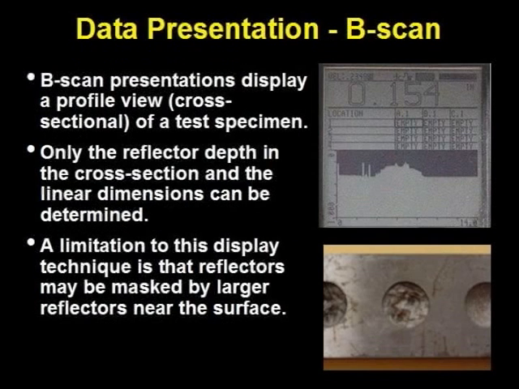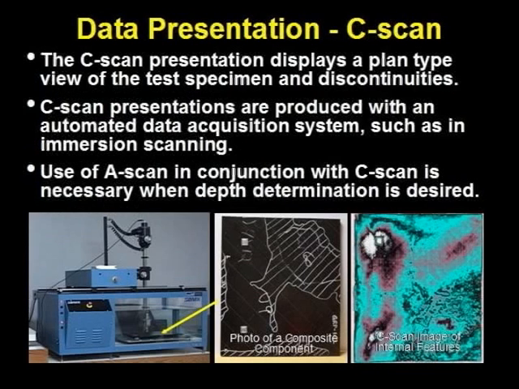We have not mentioned the B-scan before. If the transducer is scanned while the time-gated amplitude signal is plotted versus time, essentially a cross-section image is created. The C-scan is a plan view of the test article with either a monochrome or color-coded image. Each point in the image corresponds to either the amplitude or arrival time of the signal at the corresponding point